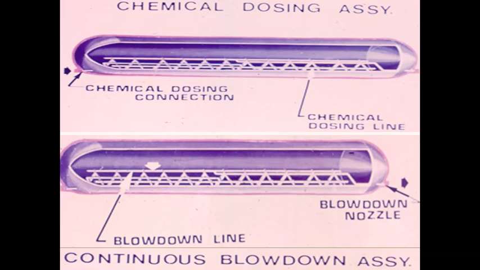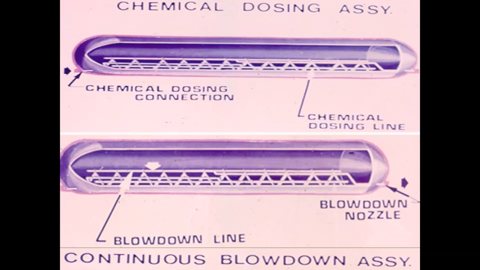So naturally there is coordinated phosphate dosing, disodium and trisodium phosphate dosing, as well as a continuous blowdown arrangement to maintain the silica concentration within the drum water, so that we see that silica is not carrying over with the steam separated at